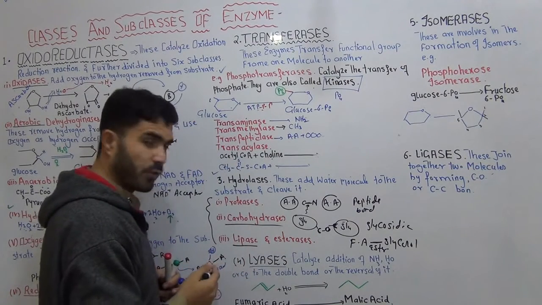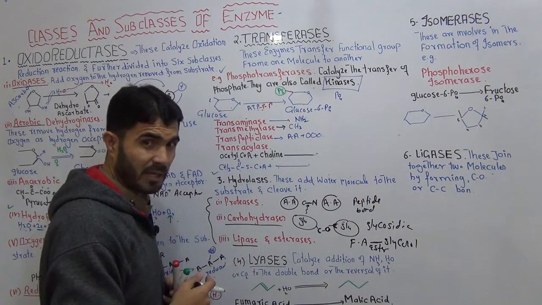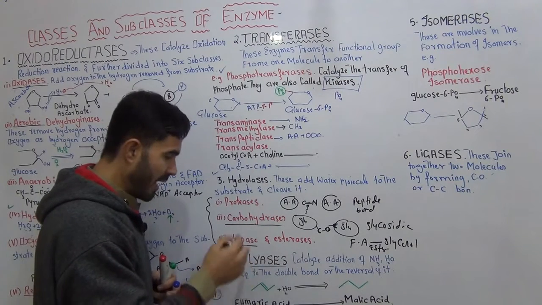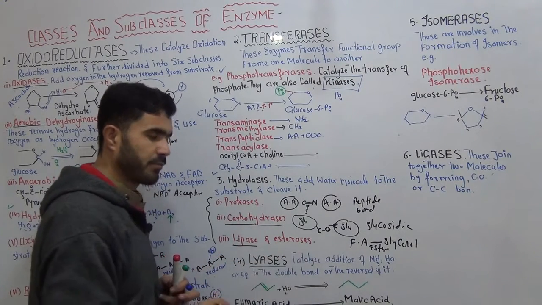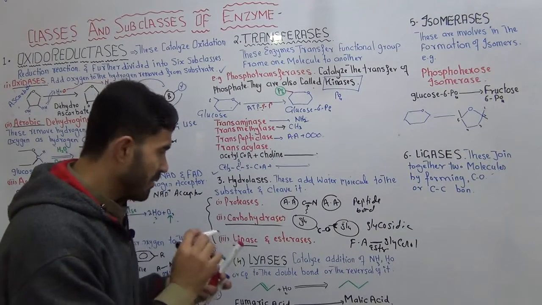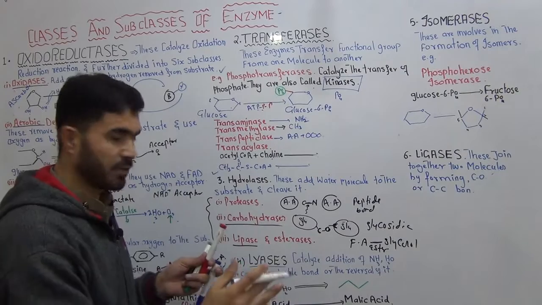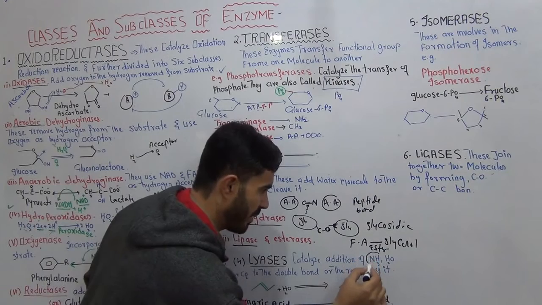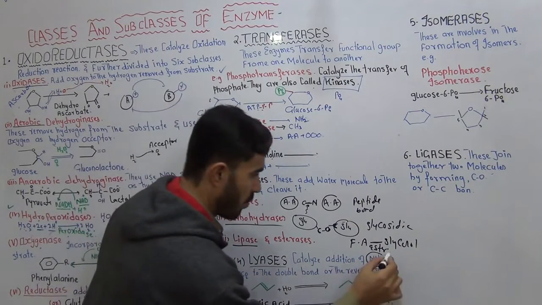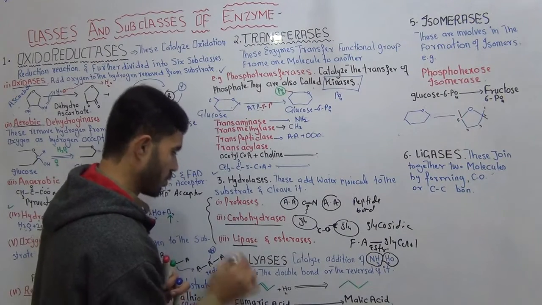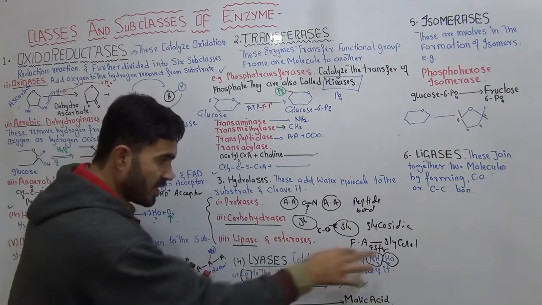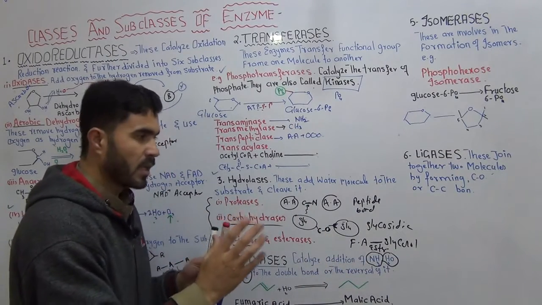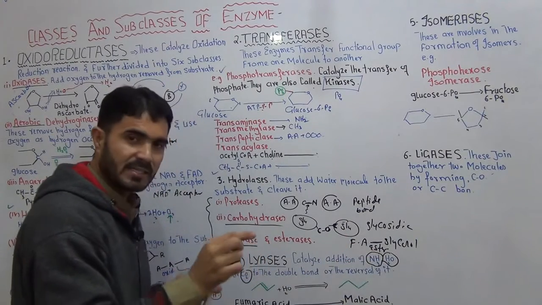Now we have the fourth category, that is Lyases. As I told you in the beginning of the video lecture, the remaining subclasses will take less time as compared to the first two classes. The Lyases enzymes will catalyze the addition of groups. They will not transfer, they will not hydrolyze, they will add groups. Which groups? Most probably the amino group NH3, water, or the CO2 group. They add one of these into a compound that has